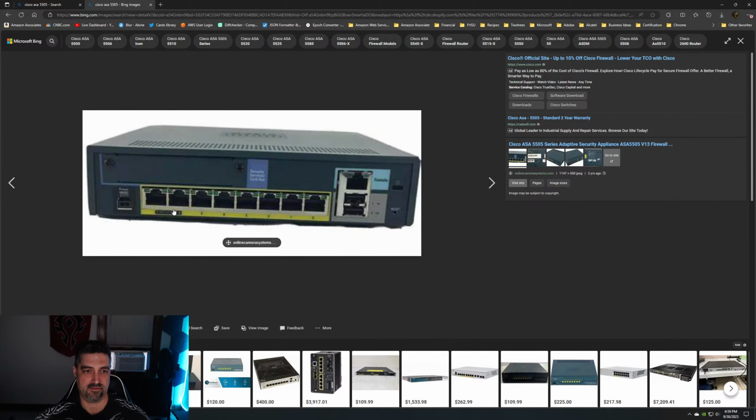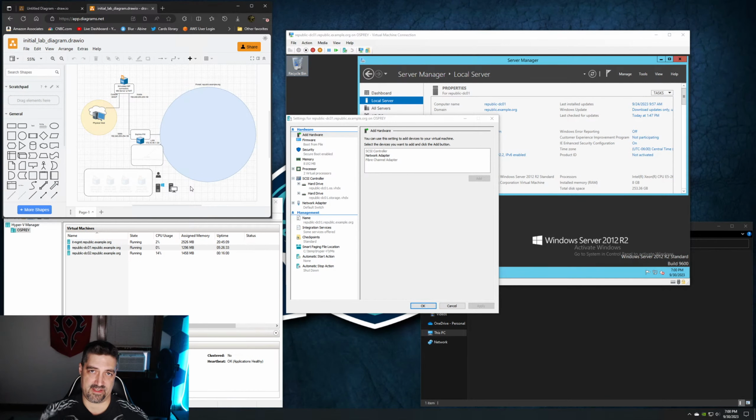So if we look at the back, we've got, on this particular firewall, 1, 2, 3, 4, 5, 6, 7, 8 ports plus console port. But when you're actually in the config, you're going to have an inside and an outside. Those are going to be named. You can set up the other interfaces how you please, and we'll talk more about that in a different video or at another point. But point being is that you're going to have an outside interface, you're going to have an inside interface, and then